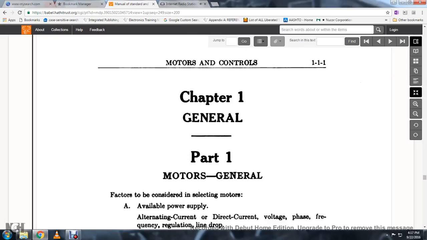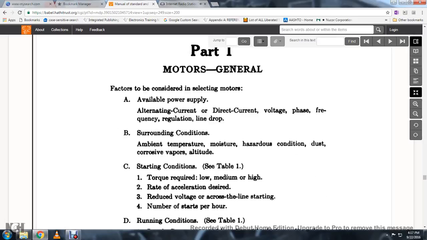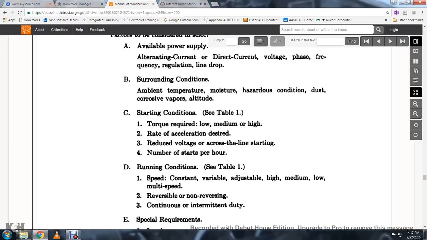Chapter 1, General. Motors, General. The factors to be considered when selecting the motors available to power supports are the electrical: direct current and voltage, phase, and the frequency and regulation, line drops; surrounding conditions: ambient temperature, moisture, hazardous conditions, dust, corrosive vapors, altitude; starting condition: torque required low, medium, high, the rate of acceleration desired, reducing the voltage across the line, starting number per hour; running condition: speed, constant, variable, adjustable, high, medium, low, multiple speed, reversing, non-reversing,